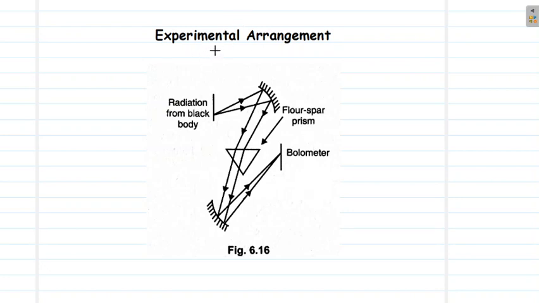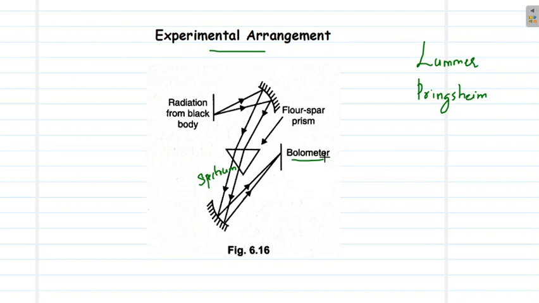The experimental arrangement to study the blackbody radiation was set up by Lummer and Pringsheim. They tried to analyze the radiations that are emitted from a blackbody. For that, the radiations from the blackbody were first rendered parallel by a concave mirror, and the radiations coming from the mirror was passed through a prism. The prism will resolve these incoming radiations into a spectrum. That means it will split the radiations depending on its wavelength, and this was again focused by another concave mirror